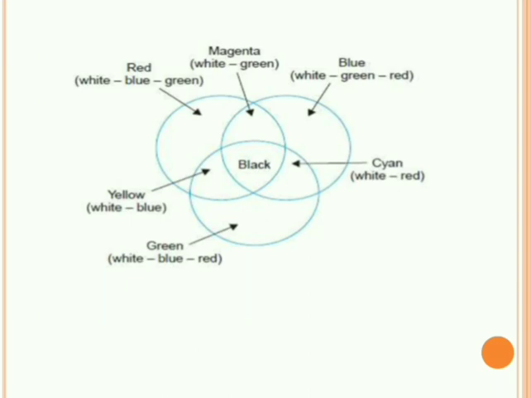Then green color is formed from white, blue and red. Cyan from white and red. Blue is given by white, green and red. Then magenta is given by white and green. Red is given by white, green and blue. This is nothing but the subtractive mixing of the color. These are the two types, additive mixing and subtractive mixing of the color.